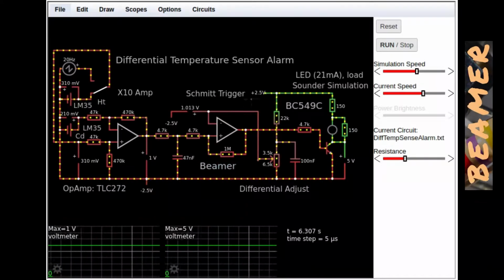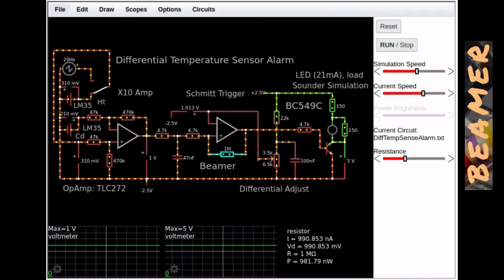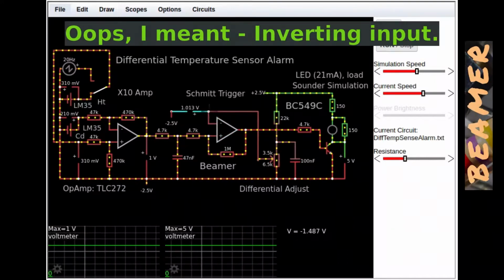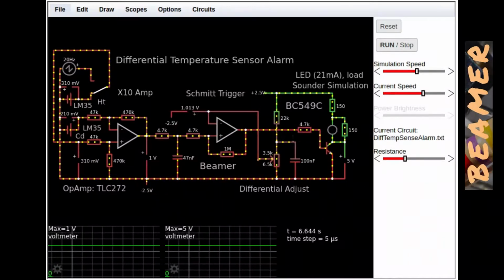The next bit of this circuit here is a Schmitt trigger. The Schmitt trigger here has a fairly low hysteresis, 1 meg ohm to 4.7k, and incidentally the non-inverting input has a reference voltage on it, and you can see that the reference point here is approximately set at 1 volt. That represents 10 degrees C. In fact, it's just above, sufficiently just above that the output is not firing, triggering the driver stage